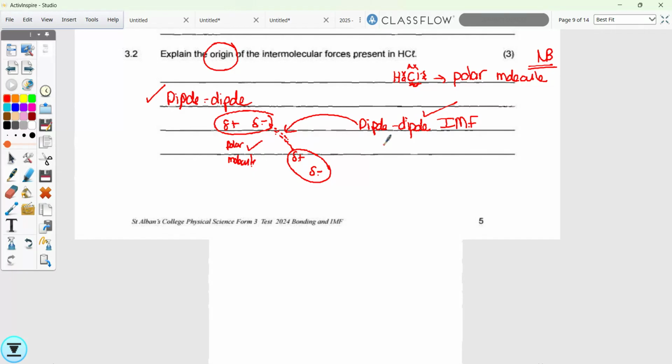London forces, ma'am? They're basically IMFs, right? But they exist in all of the bonds, but predominantly in noble gases and in symmetrical, non-polar molecules. Okay, guys, so if the question does ask for London IMF, please know that you must be able to explain the origin of London as well. And if it asks for an H bond IMF, please know that you need to be able to explain